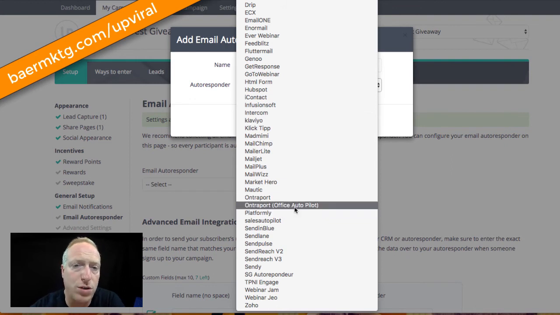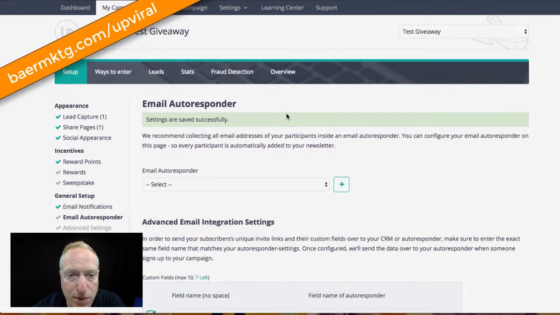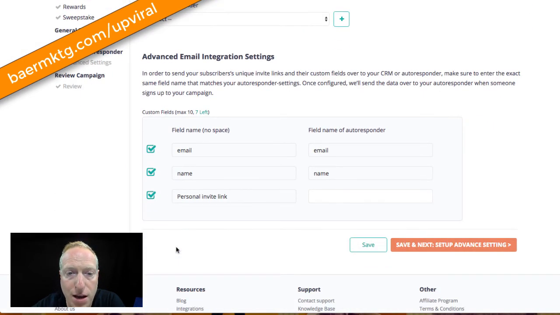So if I want to use something that's not already built in via API, I can just fill out an HTML form. So I can then connect those. Here's another webinar platform, Demio. So a lot of different options here, and I connect my autoresponders so that when somebody signs up, I can start sharing messages with them there as well. Okay,